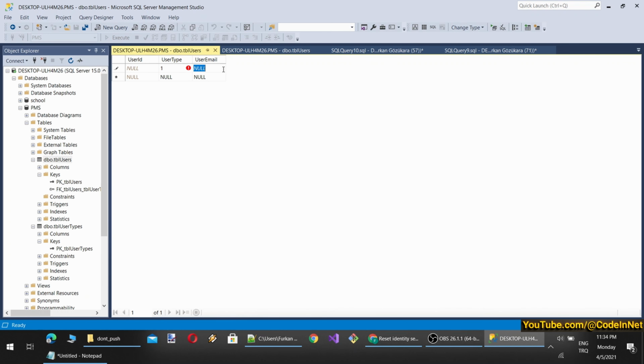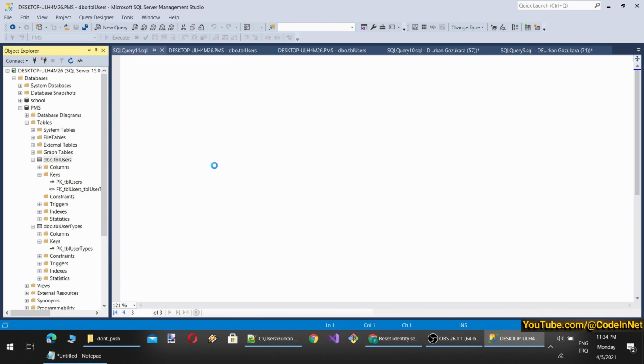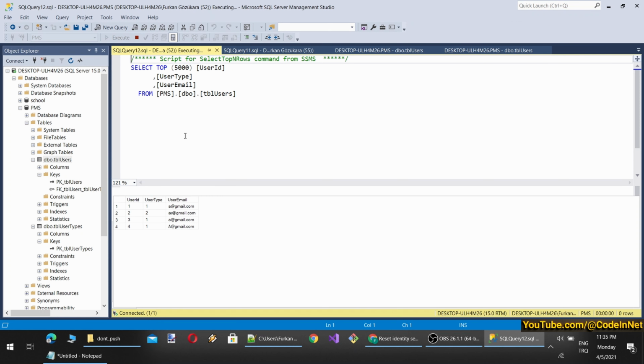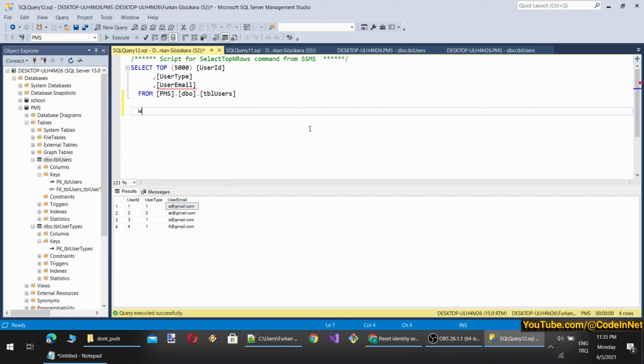For example, 1 and a at gmail.com, 2 a at gmail.com. I wonder if this character is even saved in varchar. Okay, so it is a valid character perhaps. And a at com. Okay, 1 a at gmail.com. Okay, so right now we have multiple users with the same email, such as user email equal to this. You see, 3 emails are the same. They are case insensitive due to our collation.